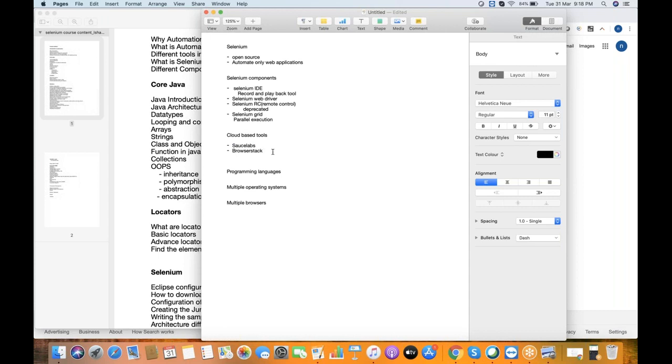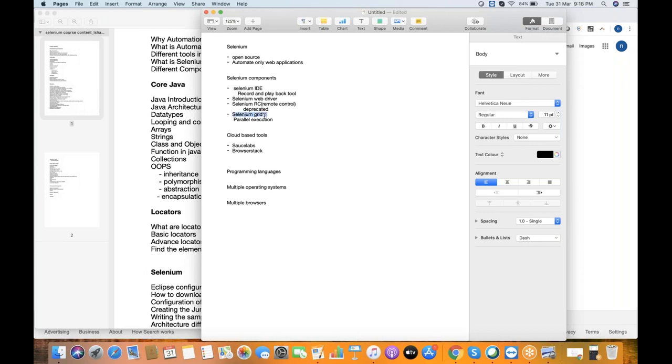When we work in real time, if they want to achieve this and the company has the infrastructure, like some companies have their own lab with all these combinations of systems, then they use Selenium Grid. If that infrastructure is not there, and the client or the company is ready to pay for a license, then they go for these tools instead.